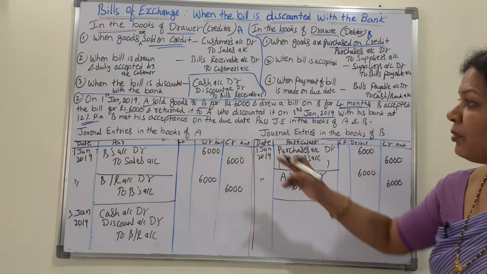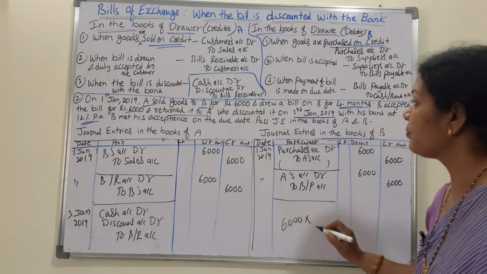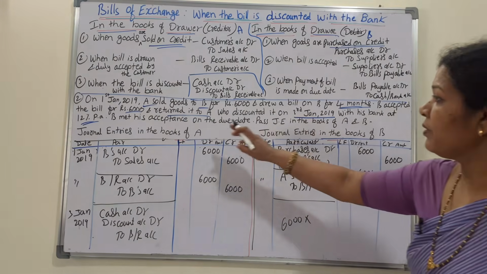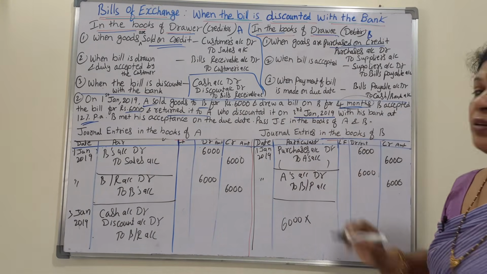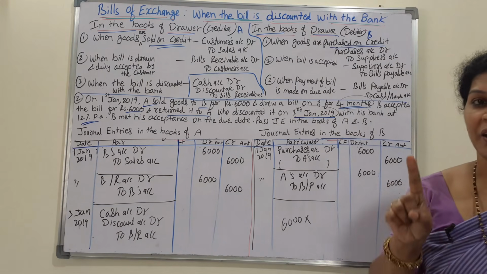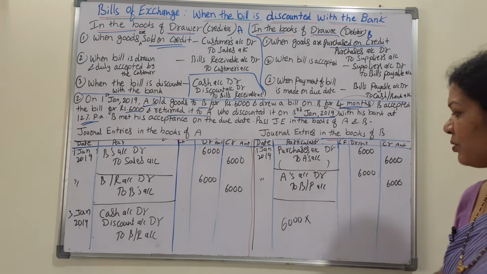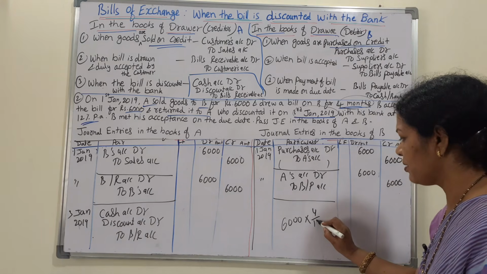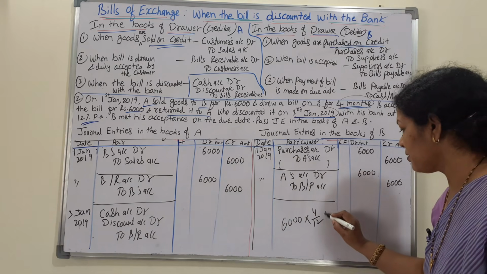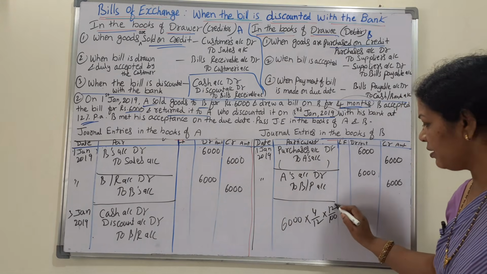So let us calculate the amount. What is the amount? Bill amount is here, roughly I am showing you. Bill amount is 6,000. And this bill is discounted on 3rd January. Actually the bill is for how many months? 4 months. Means January, February, March, April. 4 months he is allowing the discount. So that is why we will take 4 months out of 12. 4 by 12. What is the percentage? 12%. So if you calculate,